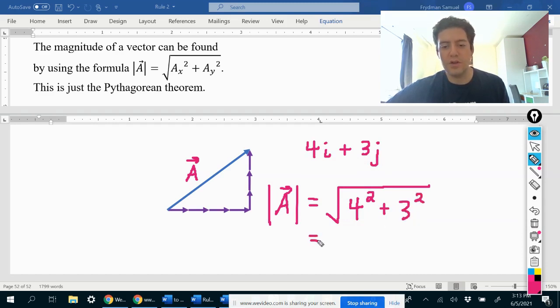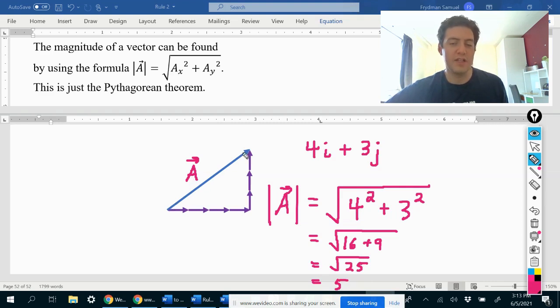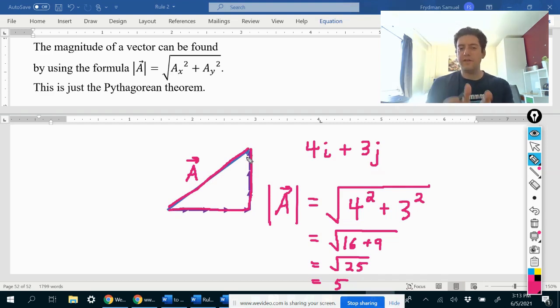Okay, so this is going to give me the square root of 16 plus 9. 4 squared is 16, 3 squared is 9. 16 plus 9 is 25. So we have the square root of 25, which is 5. Okay, so this vector is 5 units long. That's what we just figured out. If this is 4 units long and this is 3 units long, then this is 5 units long from here to here. Okay, now this might look kind of similar to you, and it should, because really we're just doing